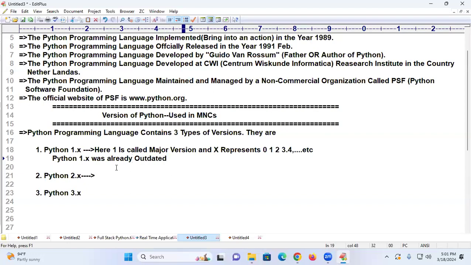That you must know. You are learning Java, you are learning Python. What version of Python are you learning? Outdated one or current one, you should know that. That faculty has to show in the class. So it was already outdated. It is not in the market.